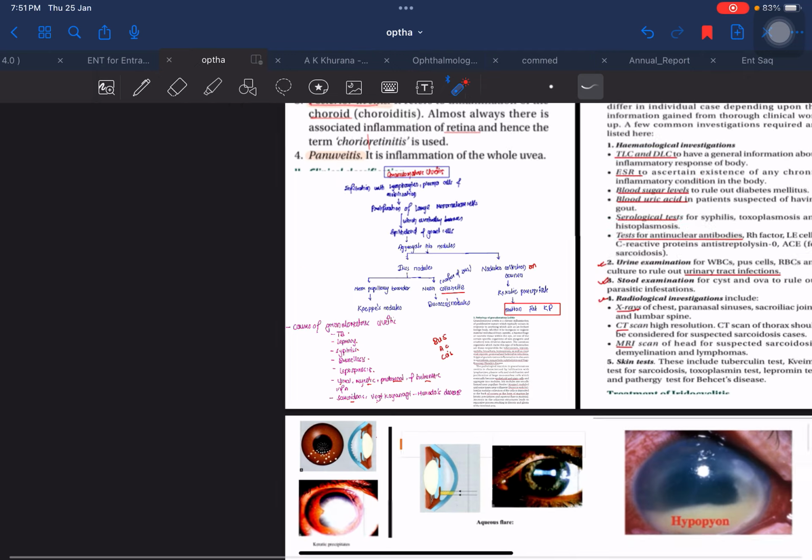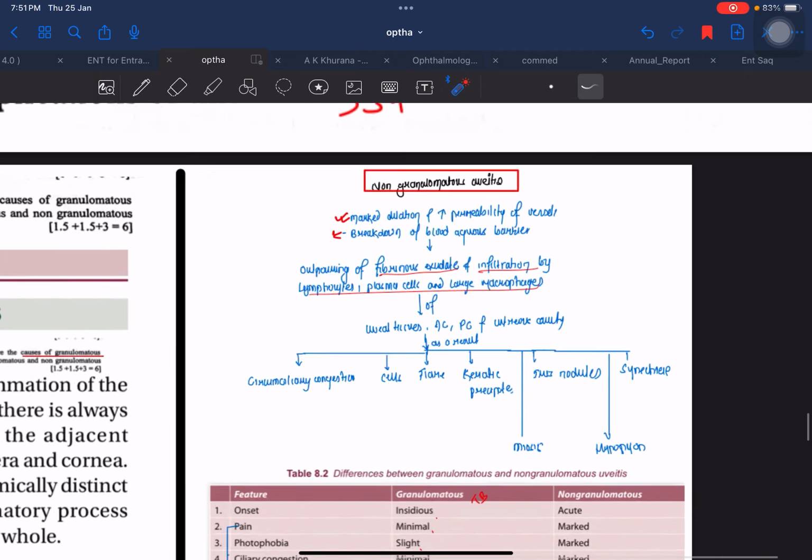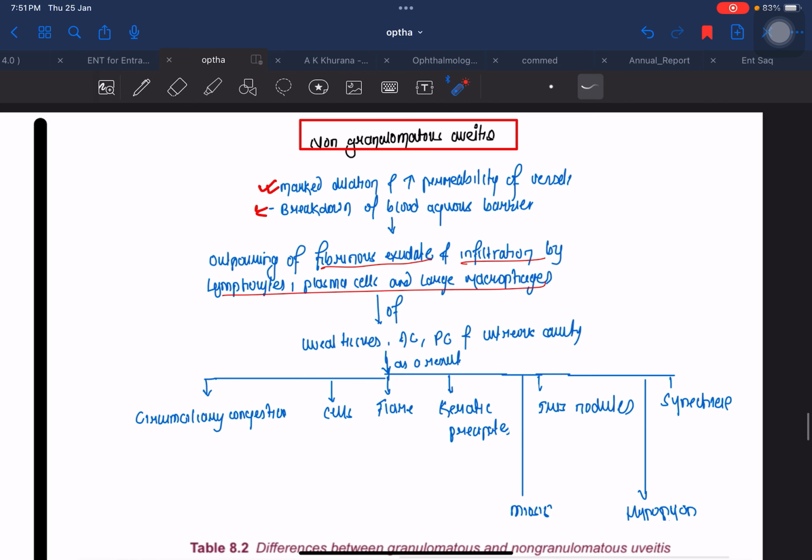Now talking about another one, and that is non-granulomatous uveitis. Since in granulomatous uveitis there was formation of epithelioid and giant cells which aggregate to form nodules, here these things will not happen. There will be marked dilation and increase in permeability of the vessels, the retinal vessels. There will be dilation and marked increase in permeability of vessels